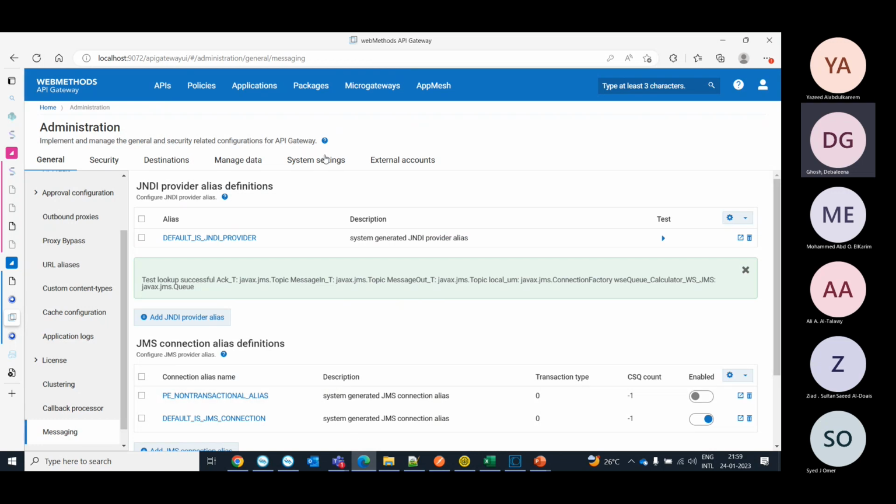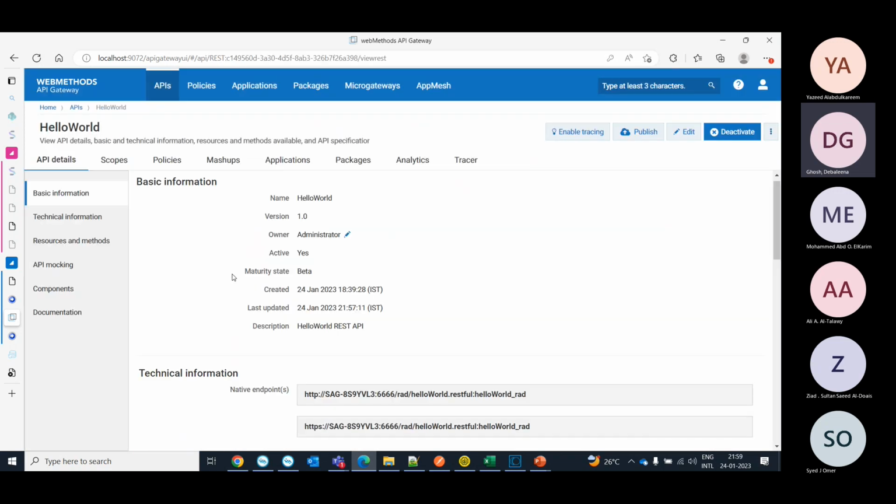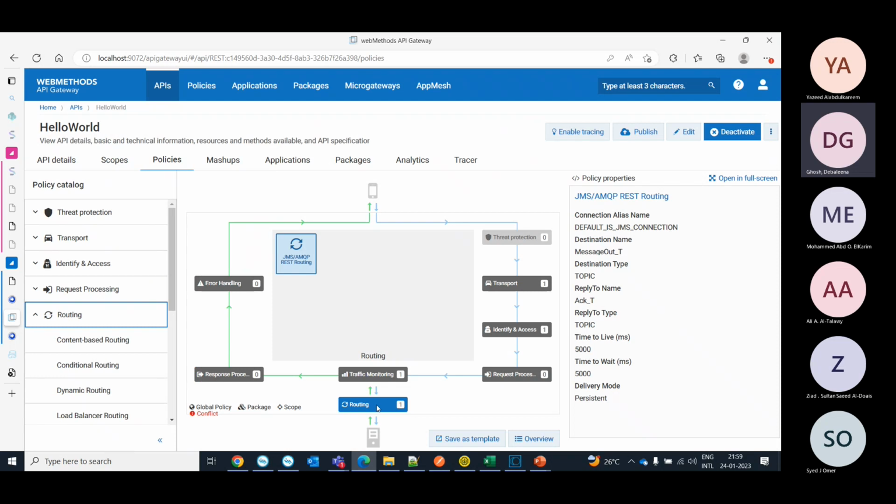Just that we will do the configuration from this UI. So what I'm trying to do here is in my Hello World API, when using this JMS REST over JMS routing, I will publish the incoming request to message out T, which is a topic from where native will subscribe and it will process and return the response to acknowledgement T topic. And at the same time, I have to define some time to live and time to wait parameter and what